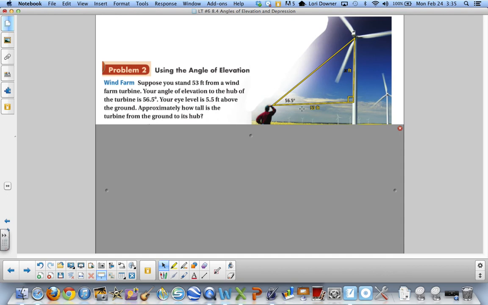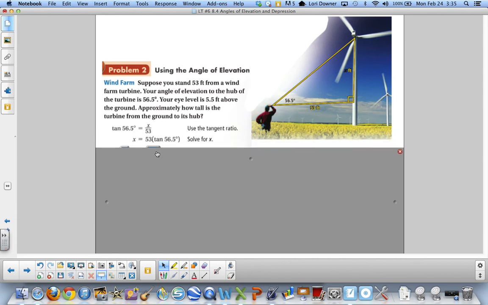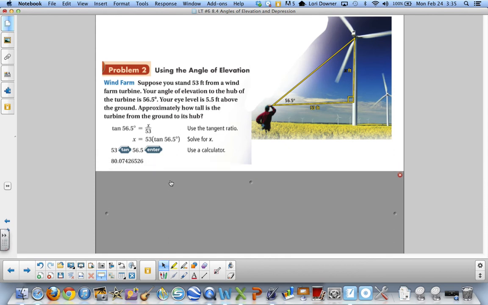So we set this up. We see that 56.5 is an angle of elevation because it goes from the horizontal up. So I set that up by doing the tangent function because my opposite side is x, what I want to find, and the side that I'm given is adjacent, 53. So I have the tangent of 56.5 equals x over 53. Multiplying both sides by 53 and typing it in, I get